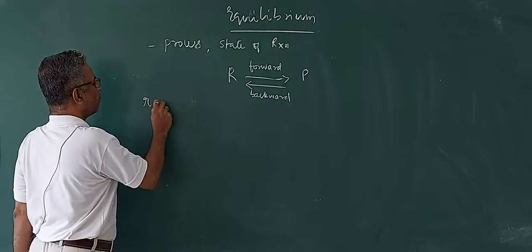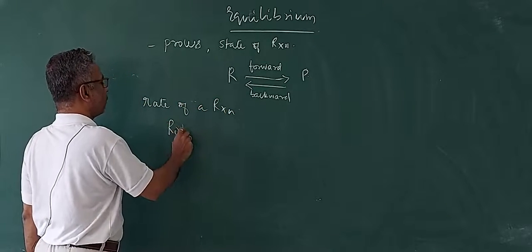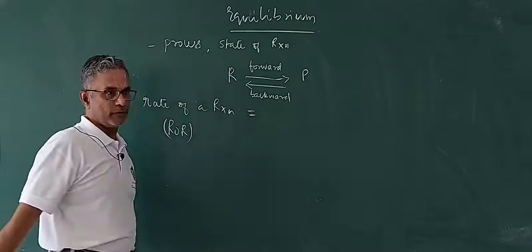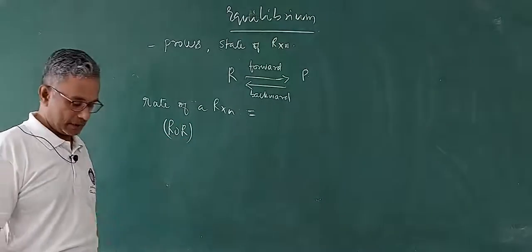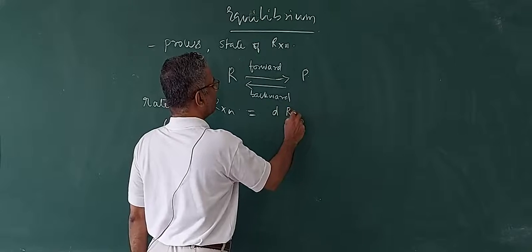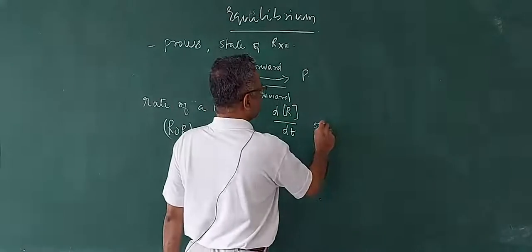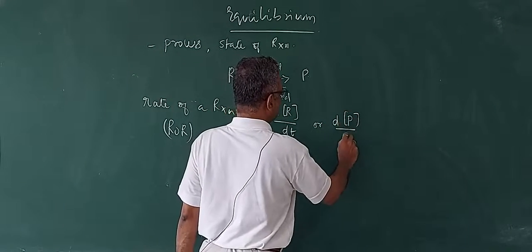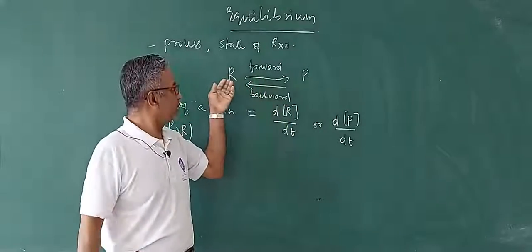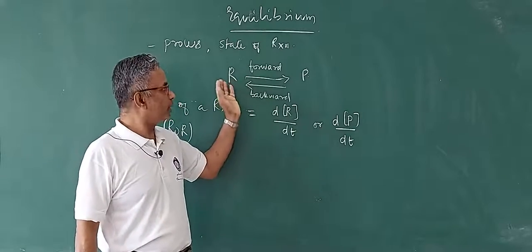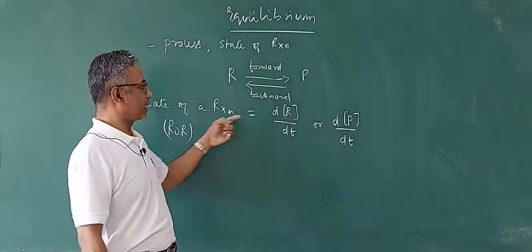Now, we define what is called the rate of a reaction. So, we say ROR. Rate we have studied in physics, that is displacement by time taken, but here the rate of a reaction is given by the change in the concentration of the reactant with respect to time, or the change in the concentration of the product with respect to time. That means if you take some 10 moles of reactants, how much reactant is converted to products, say after 2 minutes, that will be called the rate of a reaction.